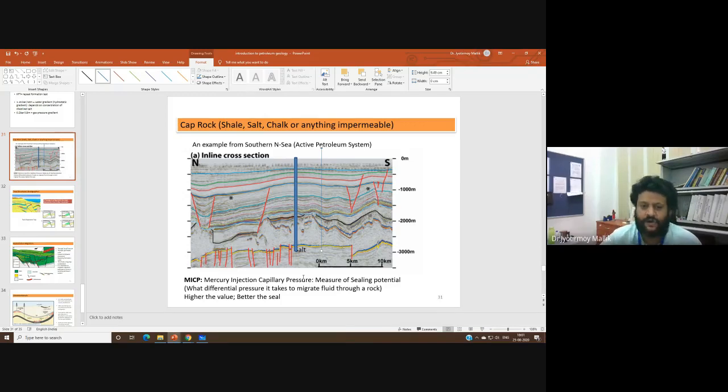So there is some sort of test that you do on a particular piece of rock to understand whether the mercury injection capillary pressure is higher or lower. If it is higher, we say it's a good quality seal. But if you have not understood this last point, don't worry, I will explain mercury injection capillary pressure in better detail when we look more into the caprock. So I stop my presentation, or the class, right now.